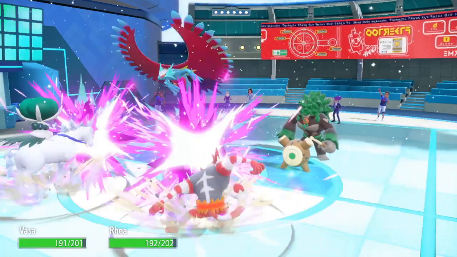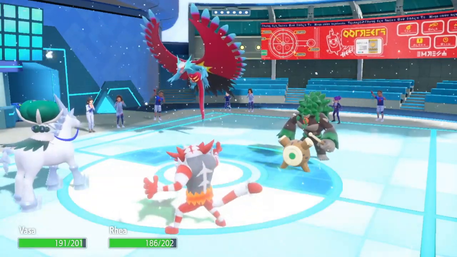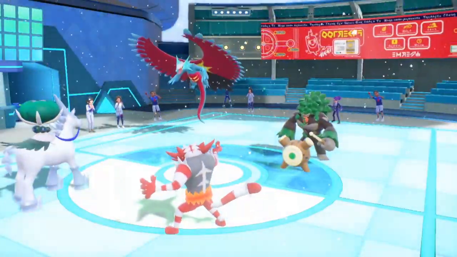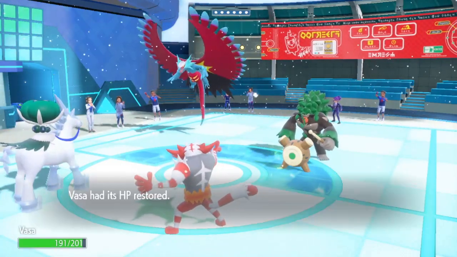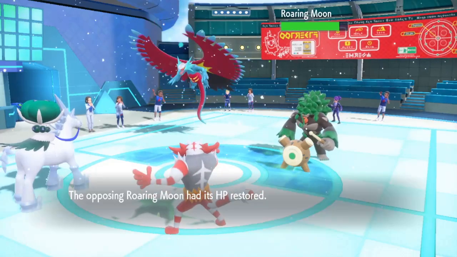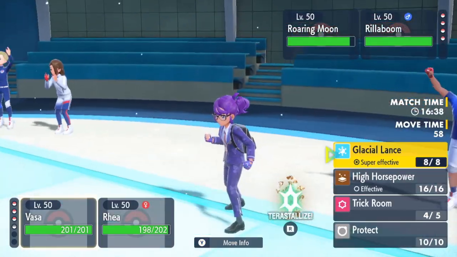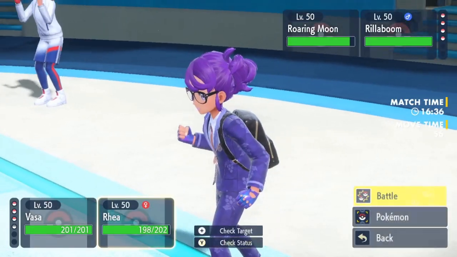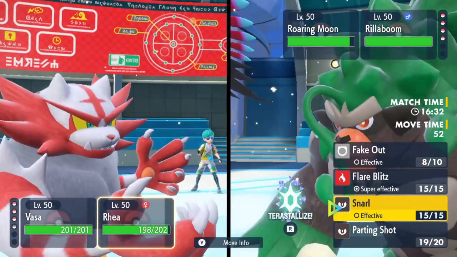Oh, he's Covert Cloak. He's Covert Cloak, Roaring Moon. That's a new one. I haven't seen Covert Cloak Roaring Moon yet. Usually they're Speed Booster, I've seen Sash, a few other things. Leftovers I've seen. I'm just going to go for Glacial Lance here, and then he could go for Fake Out here if he really wants to, but...